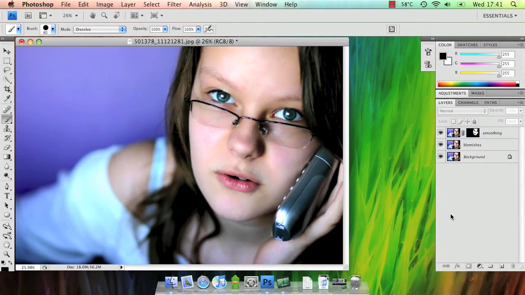So that's how you can smooth skin in Photoshop. Like I said, there are other ways you can do it, but this method is relatively quick and easy and produces decent